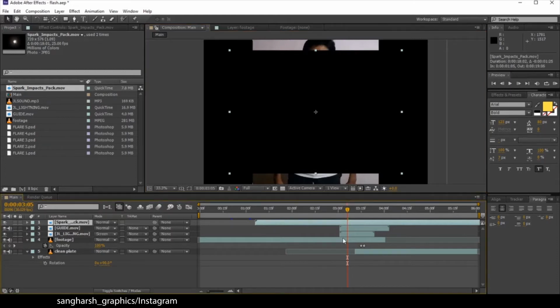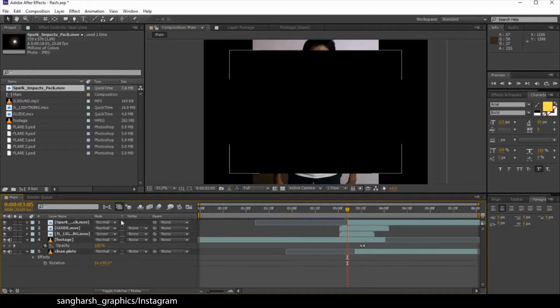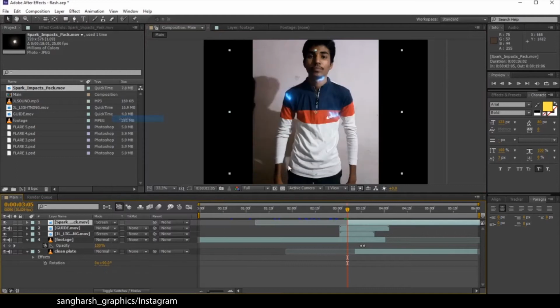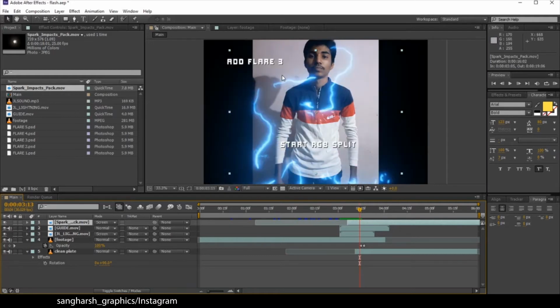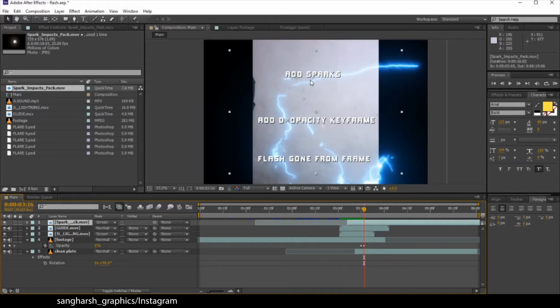So let's just press Ctrl Shift T to split it, delete the first layer. Let's make it screen, and let's just watch where the guide is telling us to add spark. Let's watch the guide. Okay, here is the add spark first.